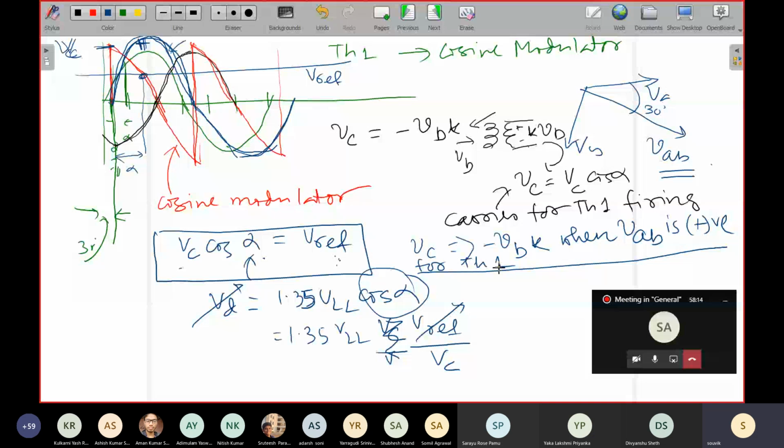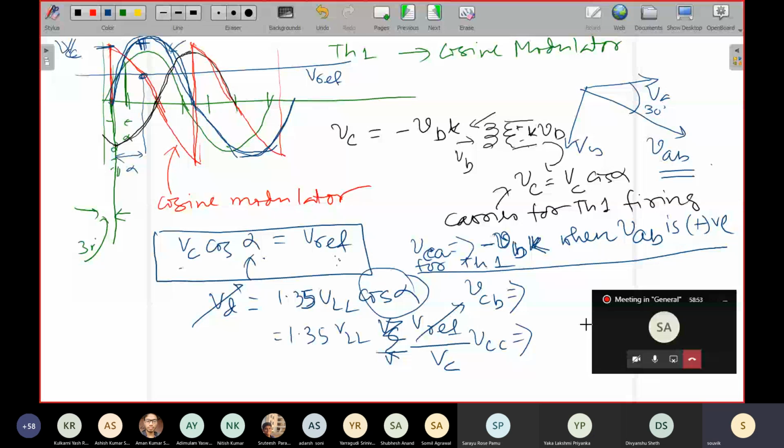In a symmetrical manner, you can generate the carrier waveform for all the others. This is the carrier waveform of A. VCA means the carrier waveform for the top device of phase A, TH1, which is minus VB, or minus VB into K if you take into consideration the transformer turns ratio, when VAB is positive. Similarly, you can do it for V carrier of B. What is it? You write it. V carrier of C, what is it? You write it. In a similar manner, you can continue